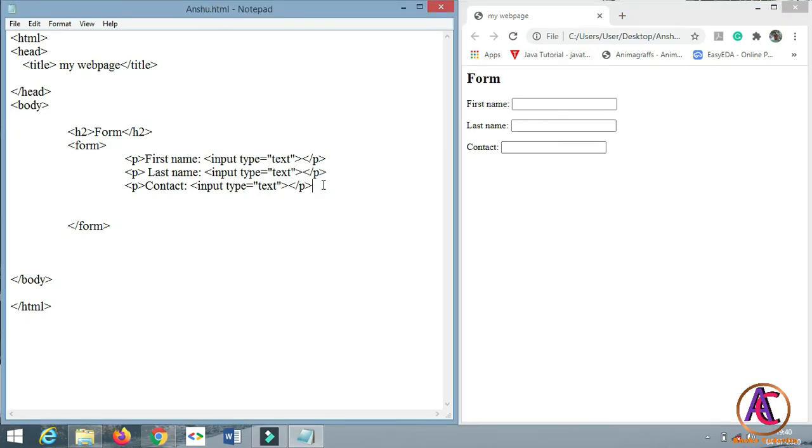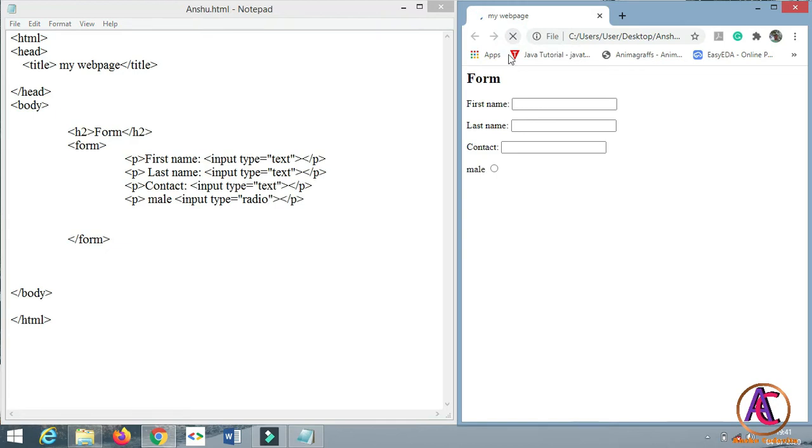So let's see another type of input called radio. We can give more options to the user so that they select one option from them. To create it, we can create a paragraph. In that we can give a male and female option. So type Male and give an input of type radio. Save this and refresh it.